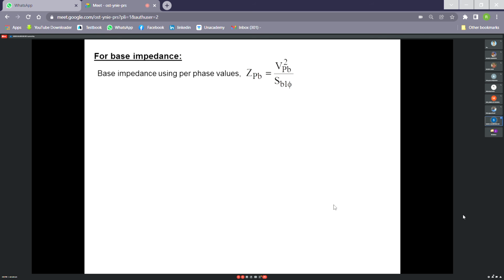Now let us calculate base impedance, right? Base impedance using per phase values. So base impedance will be V square by S. We have calculated earlier. If you cannot remember, then I am saying it is difficult for you. Impedance is V by I. So V by I, we can write V square by S. So simply it is V square by S in that way, right? You are new, you are not doing this for a long time, so you do not know. Understood this one? Why this V square by S? Have you understood? Yes, ma'am.